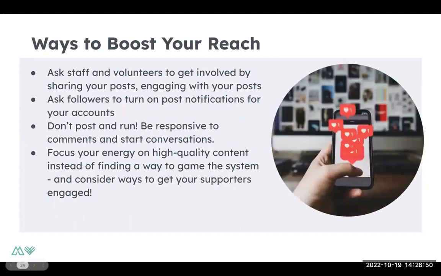So outside of paying for advertising, you work, as I've consistently mentioned during this webinar, with what you have. So ask your volunteers and your staff to get involved in regards to sharing your post, liking your post. This is another ask that you can ask your support network, other than providing a donation or creating a fundraiser. This is a really easy thing that people can do to help support your organization. It's a really easy ask for your family or friends to simply like or comment or just follow your organization